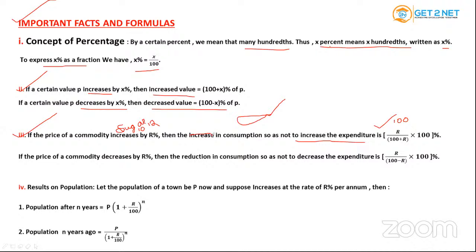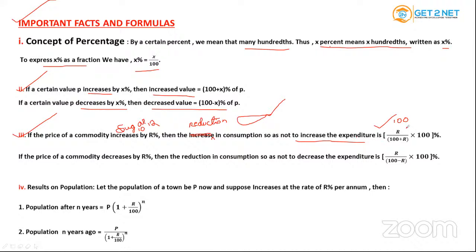Obviously, when the price of the sugar is 10 and it became 12, the consumption, the amount of sugar that we were using before, will reduce, right? So this is the reduction in consumption